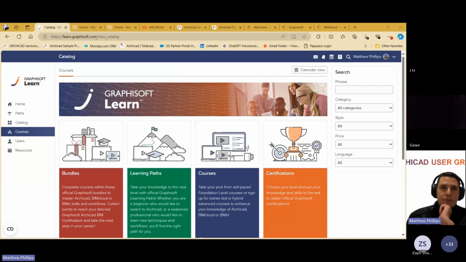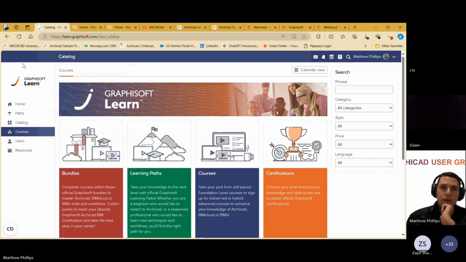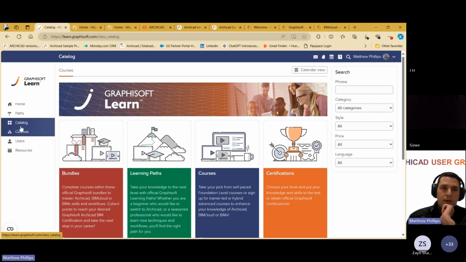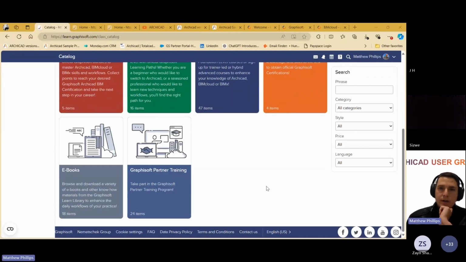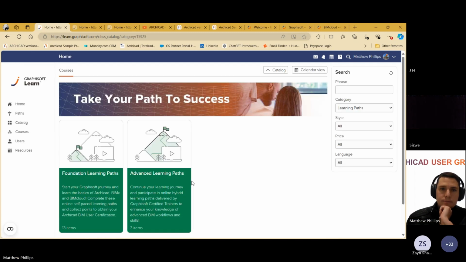All right, so looking in the URL, I'm currently at the Graphisoft Learn portal. When I go to home, I can then go to the catalog or courses. Here you can see the options that I have just mentioned. If you go into the learning paths and foundation learning,